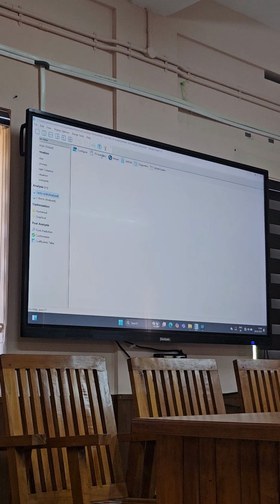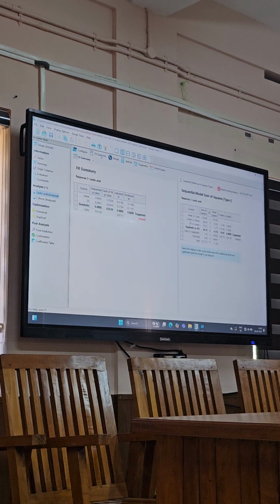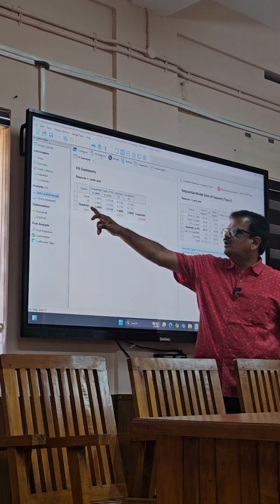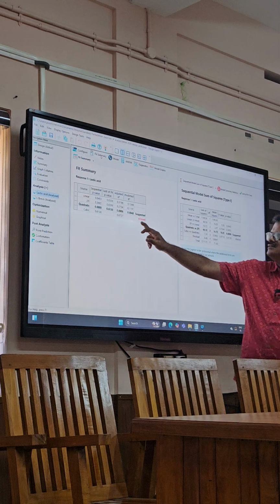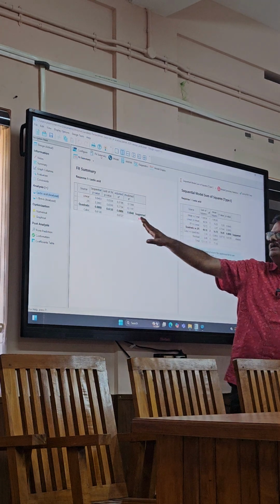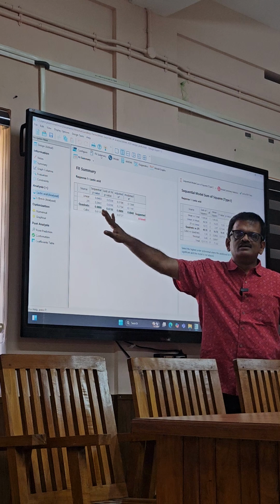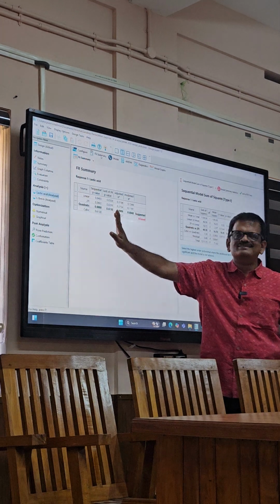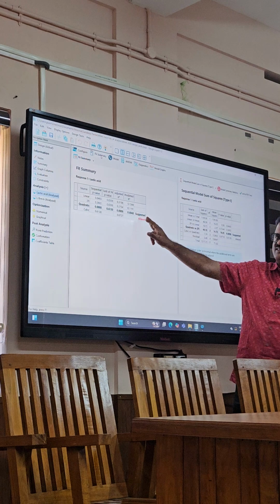So now the fit summary. Here it is very, very important. This will give you which model you have to choose. It will tell you linear, 2 factorial and quadratic and cubic. Since we already worked with the data, by default it is coming quadratic. But now 99% of the time it will not come like this. No. So it is suggesting